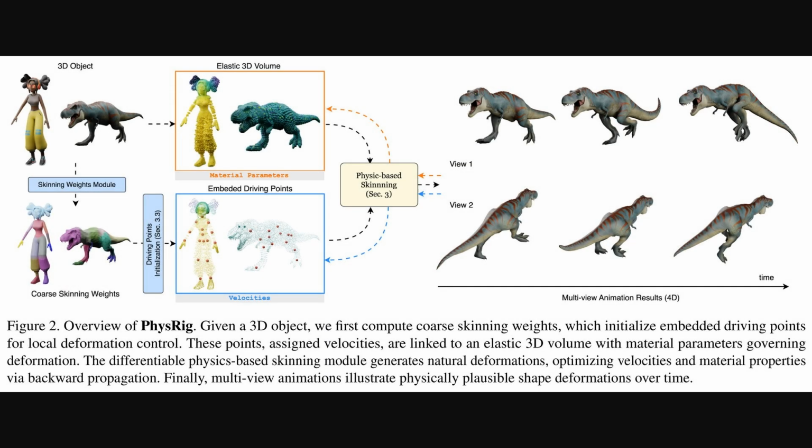Alright, so this figure gives us a great overview of how their framework, called PhysRig, actually works. It starts with a 3D object, like the character, or the T-Rex you see here. The system first computes what are called core skinning weights, which are basically initial guesses for how different parts of the skin should move with the skeleton. These weights then help initialize embedded driving points, which control local deformation. Everything is then fed into a physics-based simulation that uses material parameters, like stiffness, to generate a final, natural-looking animation